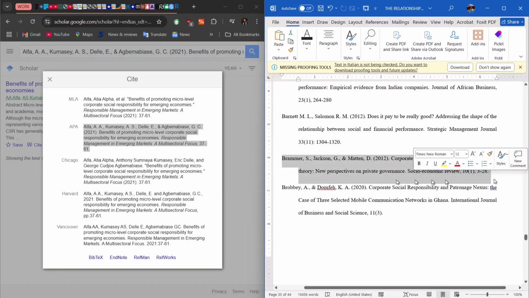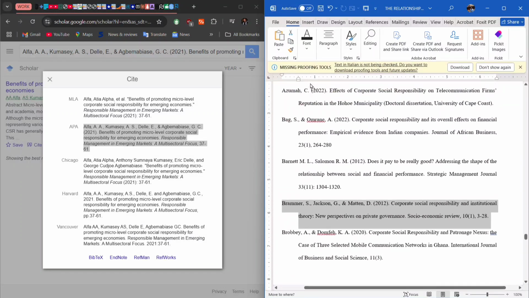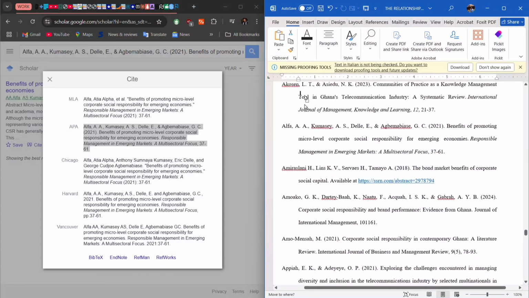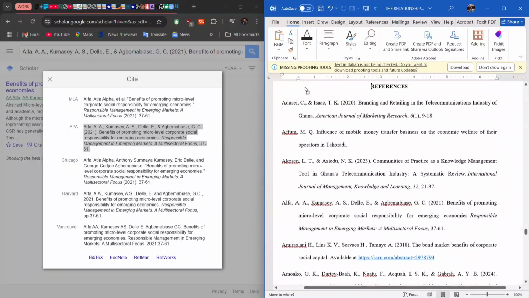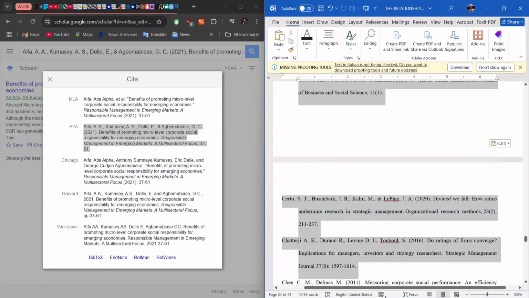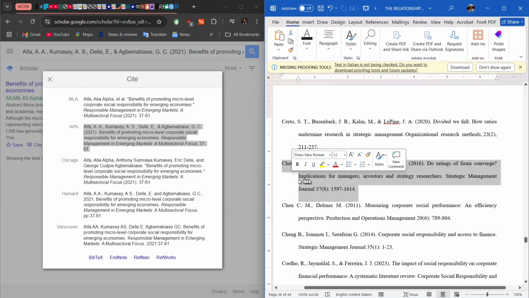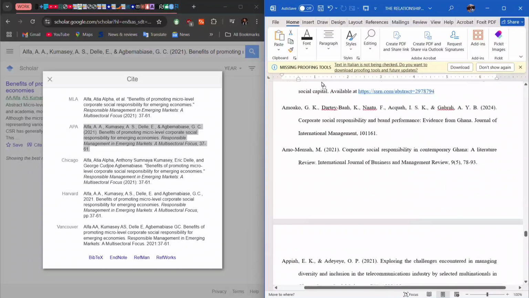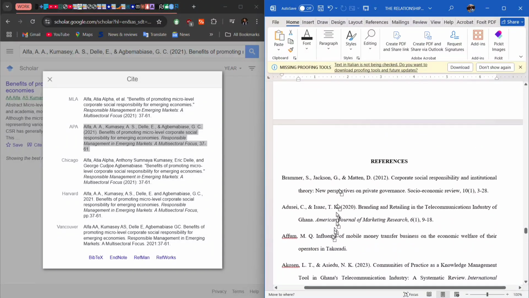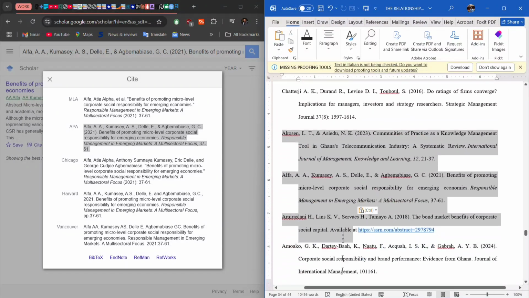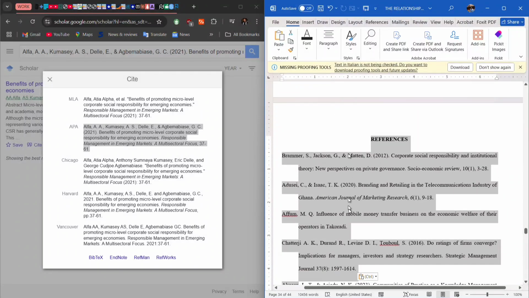Let's just assume that B was somewhere here. B was the first one. Then let's pick one C. So there is a C here, and C was somewhere at the top. Let's see. Let's put it here. So we have B, A, C. You will notice that it is mixed up. So what you would want to do,